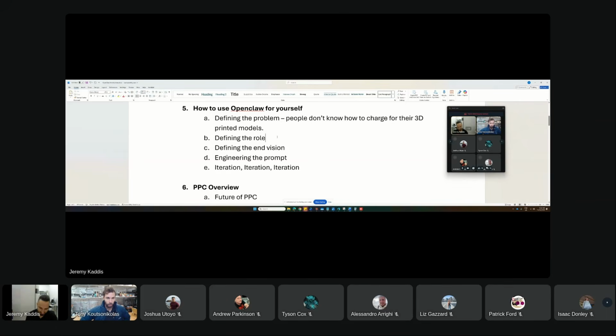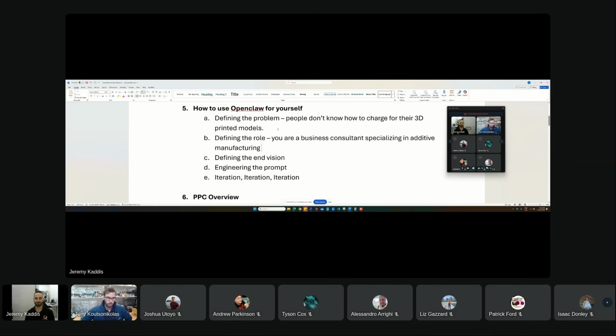Defining the role: for it to work really well, you have to define what type of specialty you need to be specialized in to be able to solve this problem. So for me, it would be: you are a business consultant. People don't know how to charge for their 3D printed models, specializing in additive manufacturing.